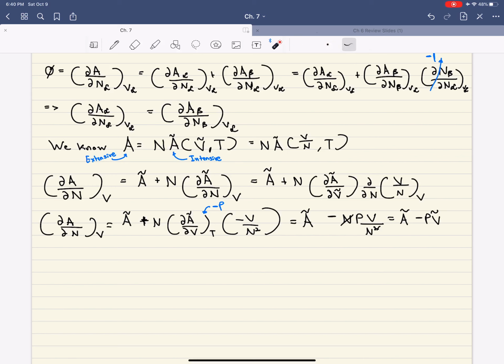What we could then do is expand out our molar Helmholtz into the molar internal energy minus T S, PV here. All right. And we know that U minus PV